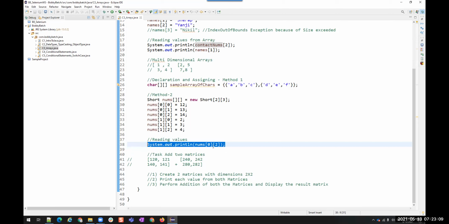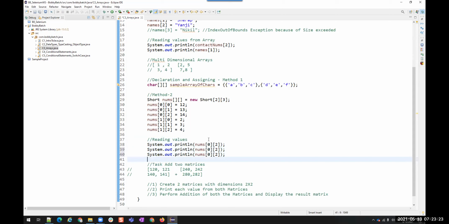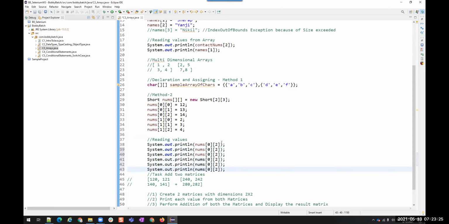Instead of writing it in 6 lines, for example, if I want to print all the values from this nums array, then I have to write it like this: 0, 0, 0, 1, 0, 2.